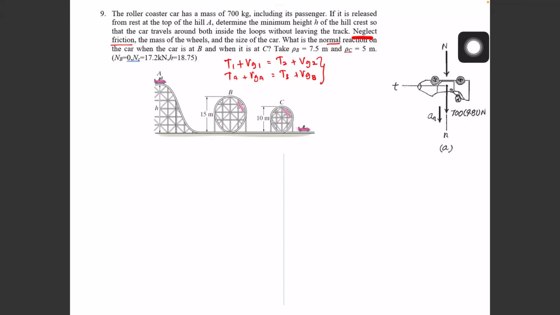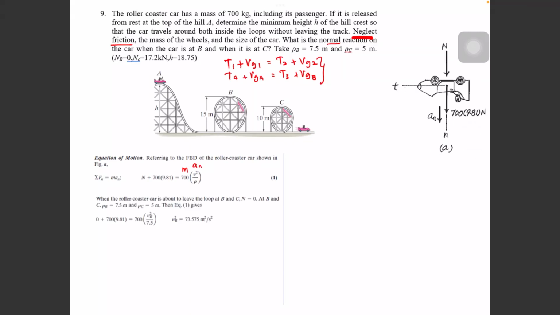So we have Fn is equal to m an. Okay, so N plus 700 times 9.81, this is due to weight, is equal to ma. So this is m, this is an. An is equal to v squared over rho. Okay, let's say this is at point A. This is the same, either point B or point C, and then we can locate for each position. Let's say for position B,